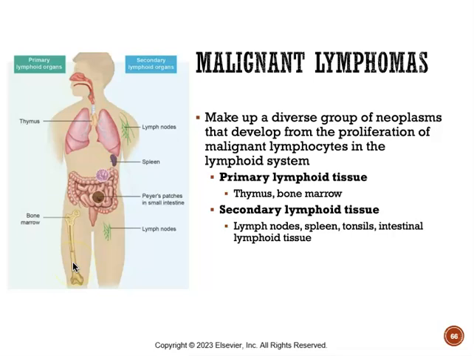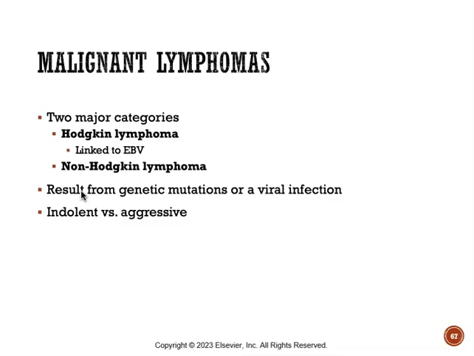Whereas our secondary lymphoid tissues, like our lymph nodes, which you can see pictured here and here, our spleen, our tonsils, which aren't really pictured, but they would be right around this area, and our intestinal lymphoid tissue would be included in that. So if you have a patient that is having symptoms of maybe a painless swollen lymph node, fever, night sweats, unexplained weight loss, and fatigue, you might get your ears perked up thinking that it might be a lymphoma. So let's learn about some of the different types of lymphomas.